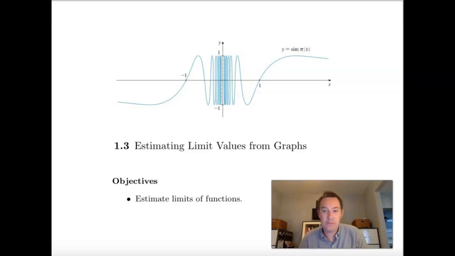Okay, 1.3 is a pretty quick one. We're just estimating limit values from graphs, and I just want to remind you of our definition of limit and one-sided limit. So for a limit to exist, first of all, we need,